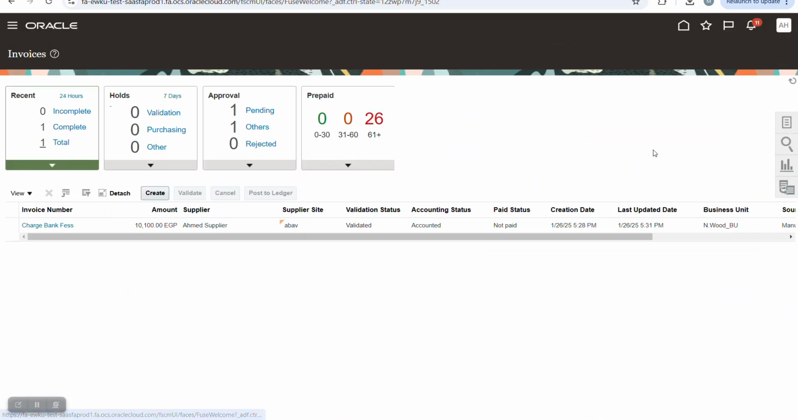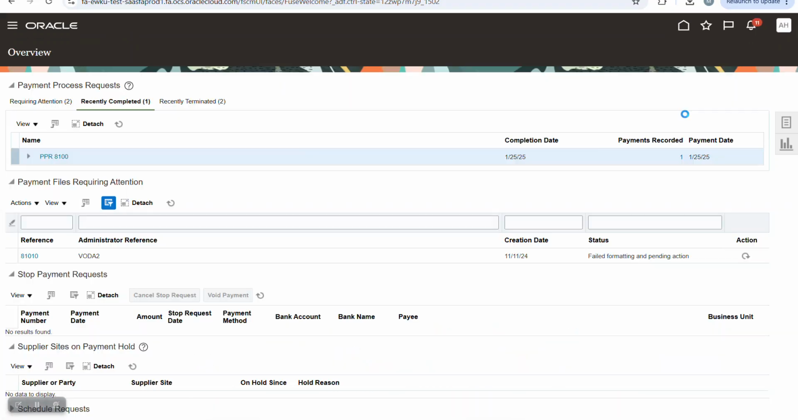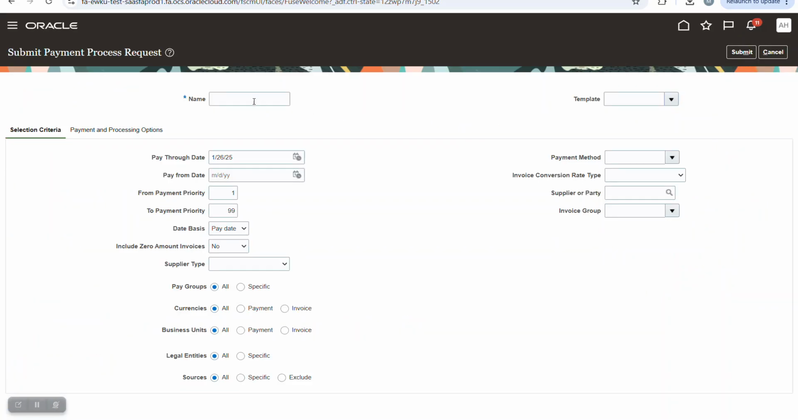Now don't go to payment form, don't click to make pay in full, just go to payment and create PPR, submit payment process request. So I will put the same bank charge fees